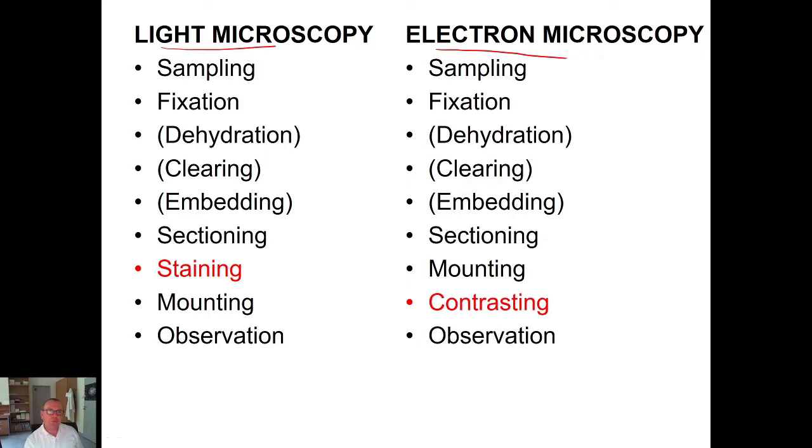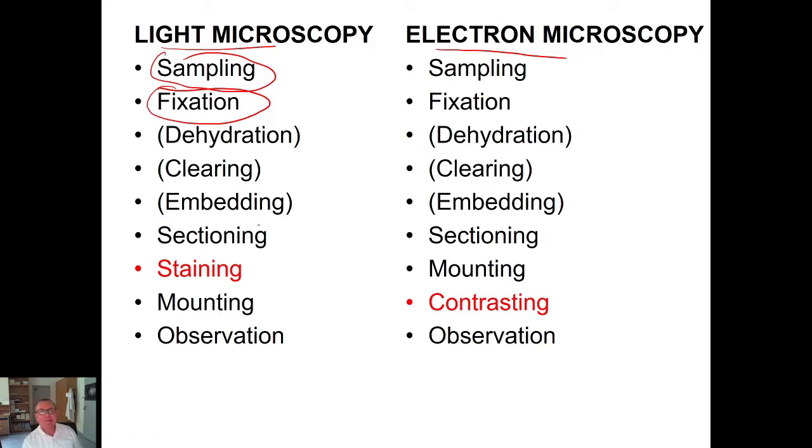In both techniques, the first step has to be sampling. The second step has to be fixation. I will explain what that means. The third and other steps are usually, not every time, that's why there are parentheses, dehydration, clearing